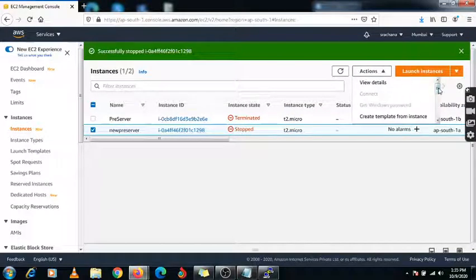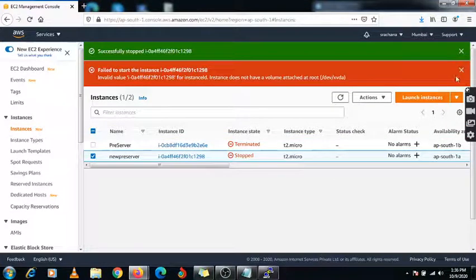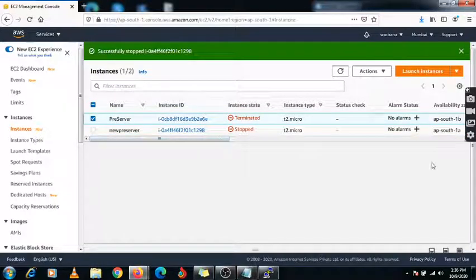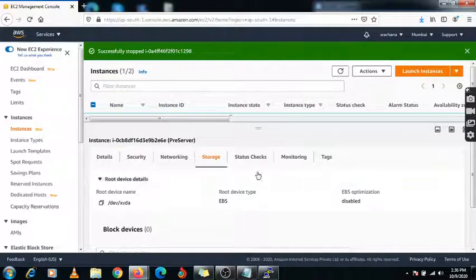So this EC2 instance is now built with this new volume, right? So you need to start it. So this is the method. Okay, there is some error. Okay, no issue. I think I took something wrong here. Whenever you are doing this lab, at that time you first need to save the device name when you are creating your first pre-server. You need to copy it. Yeah, this is my storage name which I have taken. So okay, just one moment, I'm going to do this again.